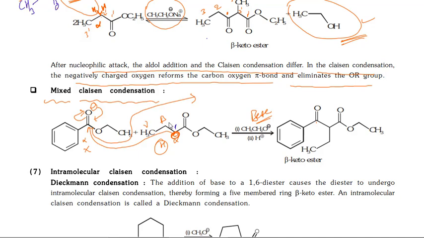See, here 1, 2, 3, 4 carbons are there. The second carbon is attacking here. This is the second carbon, this is the first carbon, third carbon and fourth carbon. In this compound, just one hydrogen left, then the carbanion formed. This carbanion is attacking there. So simply you can think like that: ethoxide and hydrogen form ethyl alcohol, you can remove that. Ethyl alcohol is the byproduct.